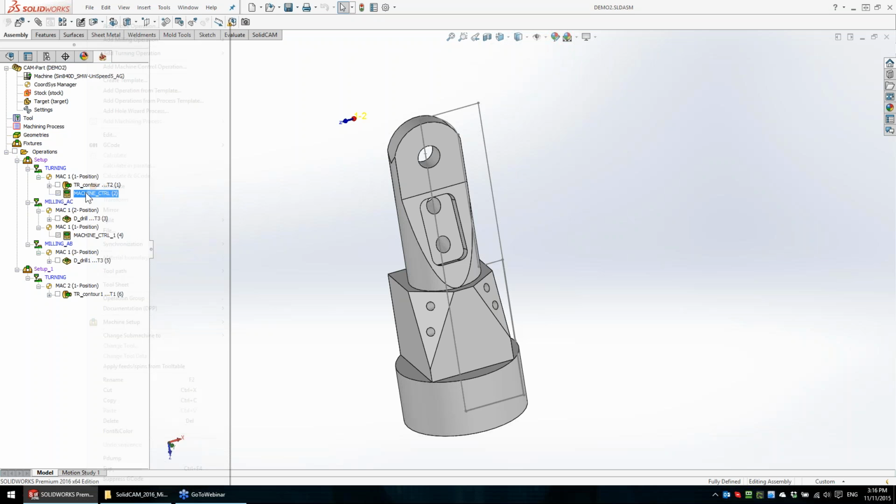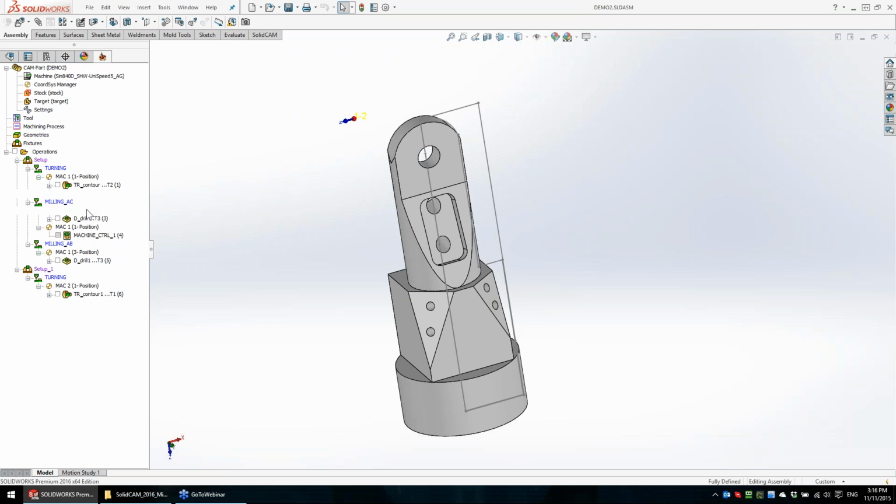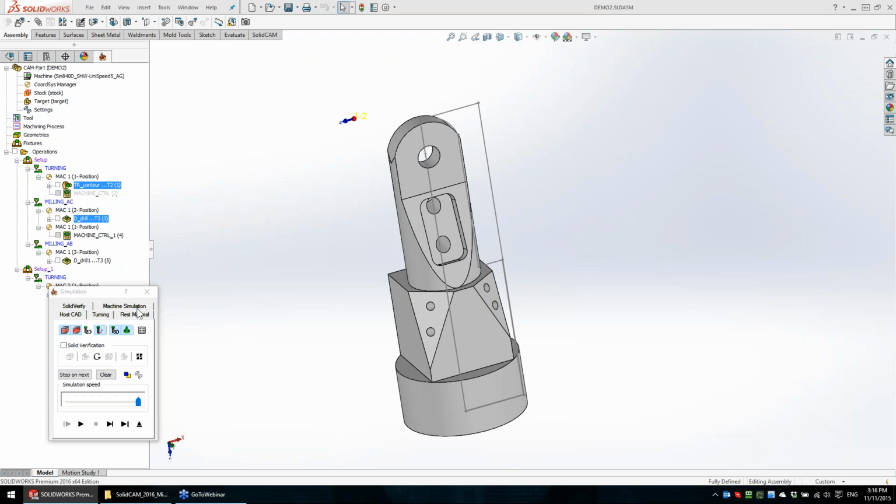Now, first I want to suppress the MCO here and to show you what can happen on this type of kinematic. I will select only the first 2 operations, simulate,